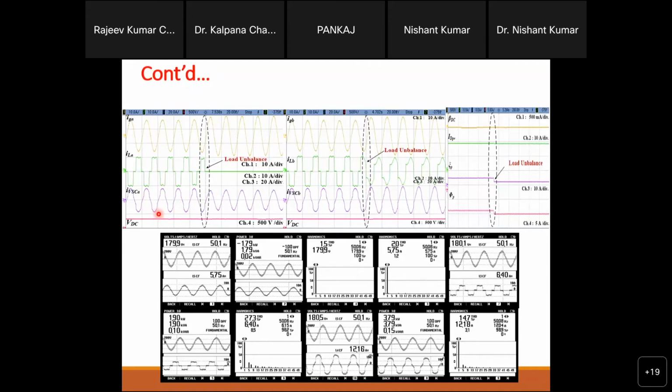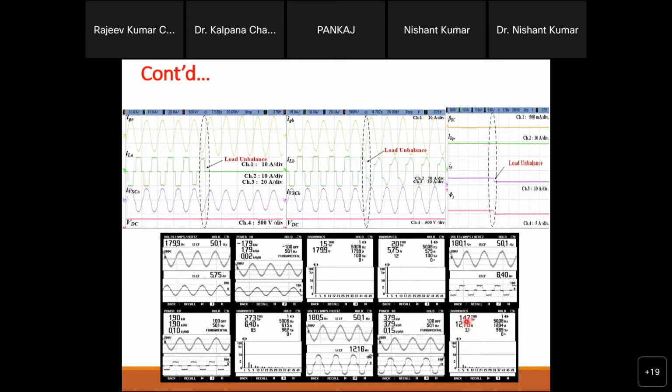But yes, when the load was connected, the nonlinearity requirement was more. So that's why this is less sinusoidal. Sinusoidal behavior is less here, but after the disconnection the requirement decreased. So you can see that the VSC current is more sinusoidal because the nonlinearity demand has decreased. Similarly, if I show the VSC current THD, it is 14%.